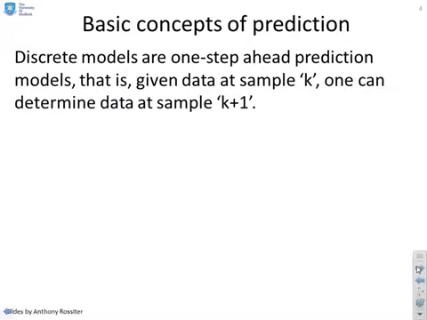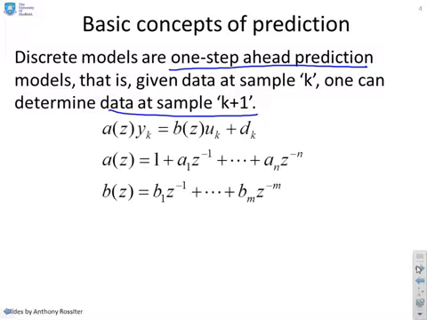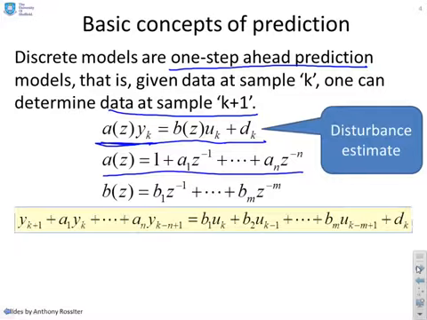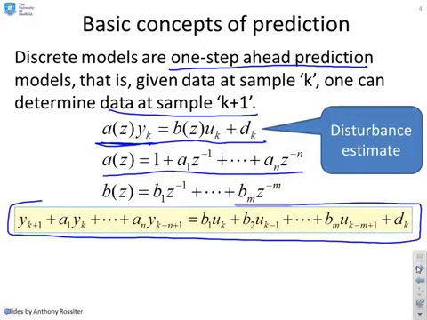The basic concepts of prediction then. Now, discrete models are usually written implicitly as one step ahead prediction models. So that means if you've got data from sample k, you can use your transfer function model to determine the data at sample k plus 1. So we'll illustrate that. Here's a simple transfer function model. A(z)y equals B(z)u plus d_k. If I expand out A(z) in terms of z inverse, as I've done here, and expand out B(z), and then I write it in the more normal one step ahead prediction form like I have here,